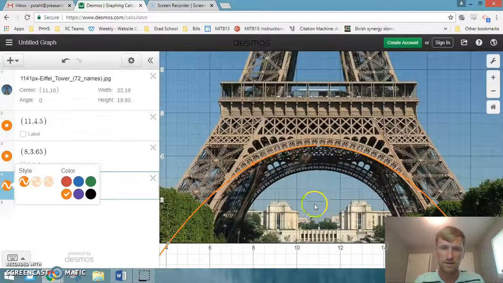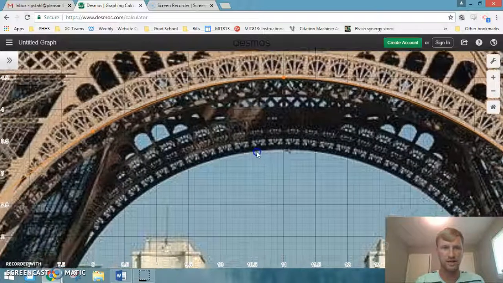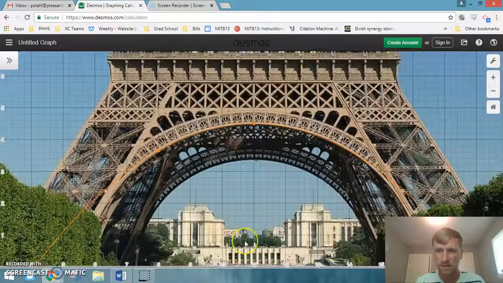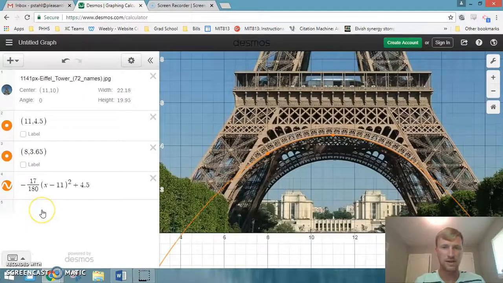And voila, we have the parabola matching the top half of this architecture in the Eiffel Tower. One thing that I was concerned with is that the parabola did not match the lower part of the curve in the architecture. So I decided to do a secondary test just to see if I could get a parabola